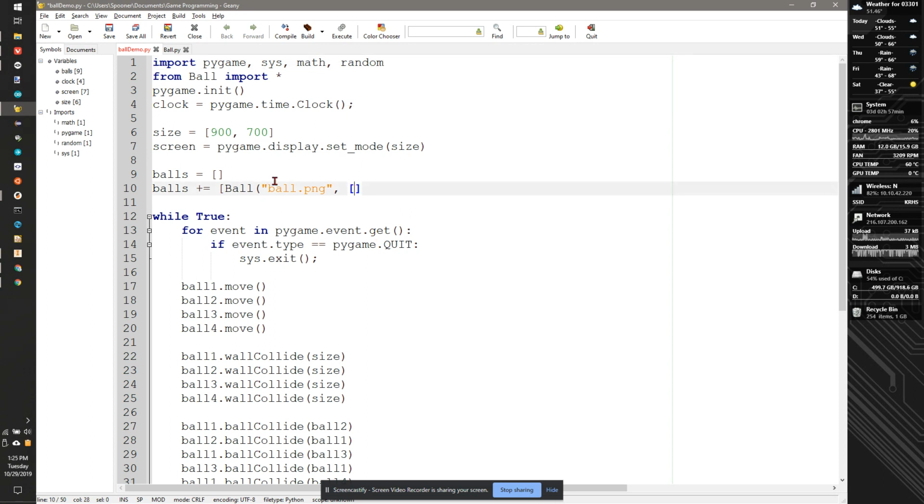So random dot rand int, -7, 7, and same for the y portion of the speed. And then we need to do a